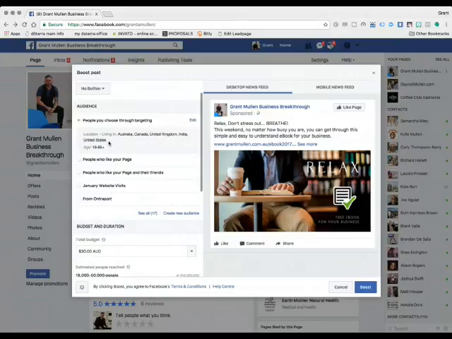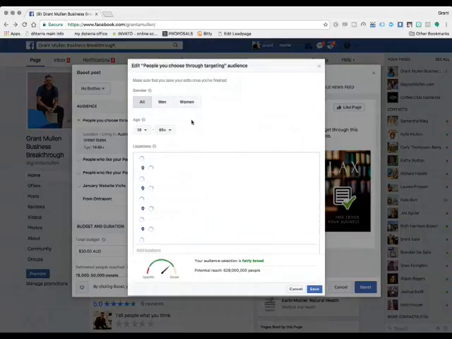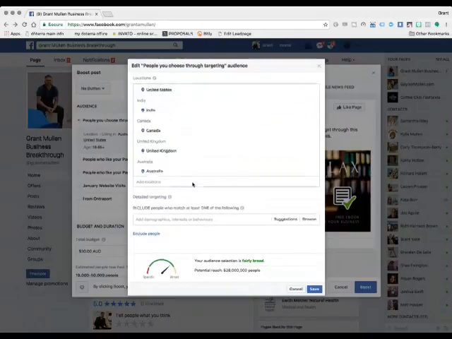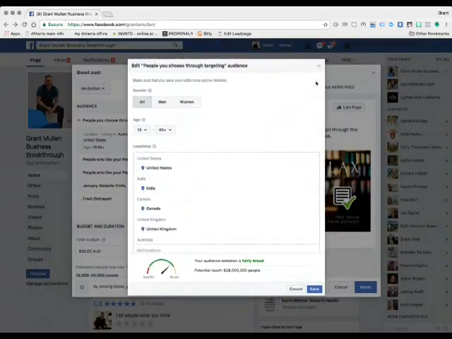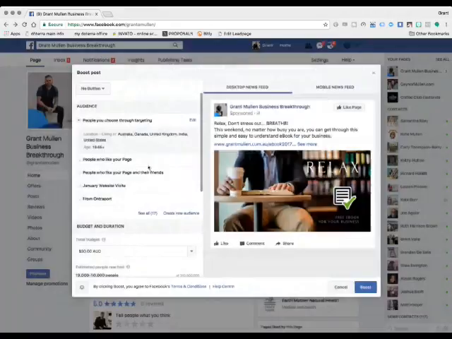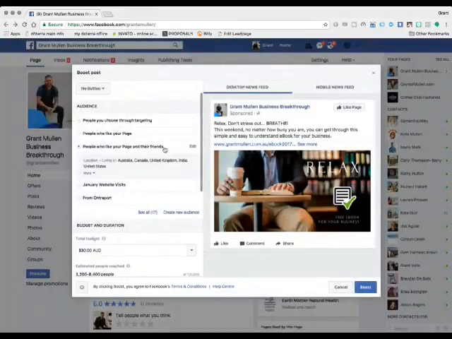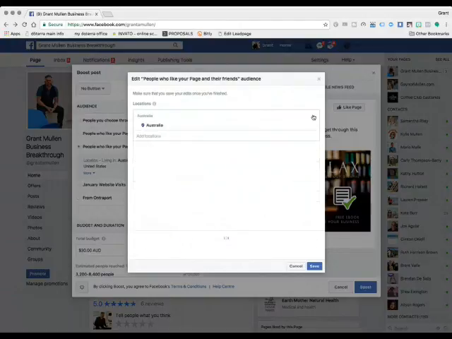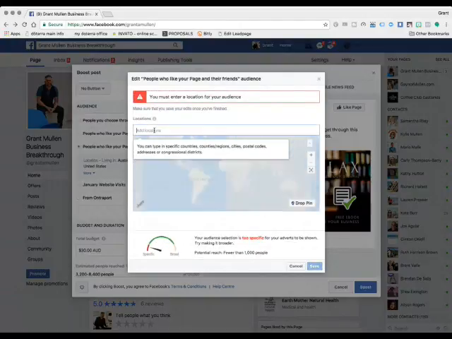But if you were going to, you can see here, my last one I did was Australia, Canada, UK, India, United States, 1865. That was a broad promotion, but it'll give you a whole, so it says there, fairly broad. It'll give you the back end. We're going to do that more in the advertisement. For now, here's the one you click for a boost. People who like your page and their friends. You can even edit that, and you can just take out anything specific, put in,